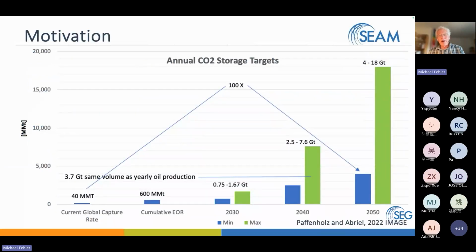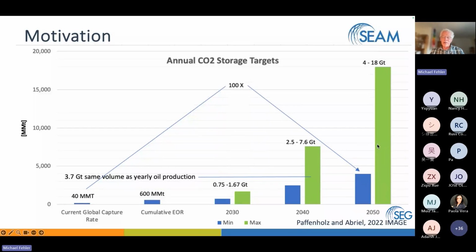I don't want to spend a lot of time talking about the need for carbon sequestration. I'm assuming that you who are attending understand the need and know the issue of sequestration and the idea of geological carbon sequestration. This is just something from the IPCC, or the numbers are from the IPCC, about the challenge of carbon sequestration. The numbers are enormous. The amount of carbon that needs to be sequestered is huge. If we look at what is being done currently, we're in the megaton range. We need to quickly scale up to the gigaton range.